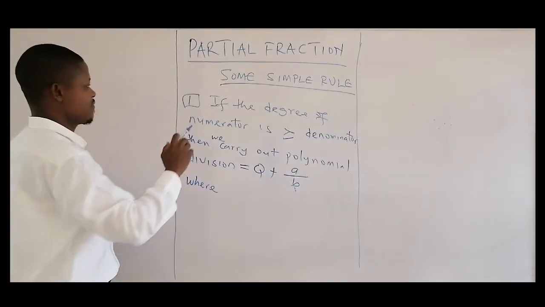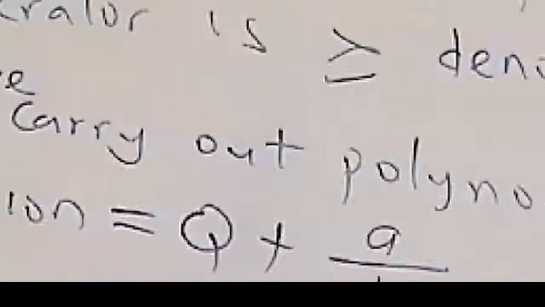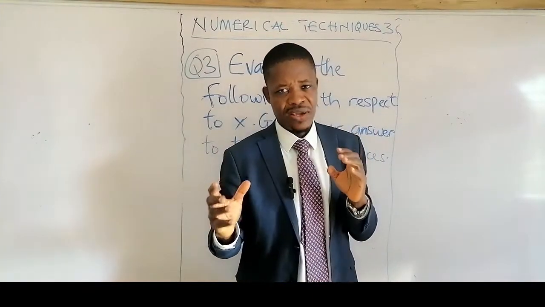The first rule is that if the degree of numerator,